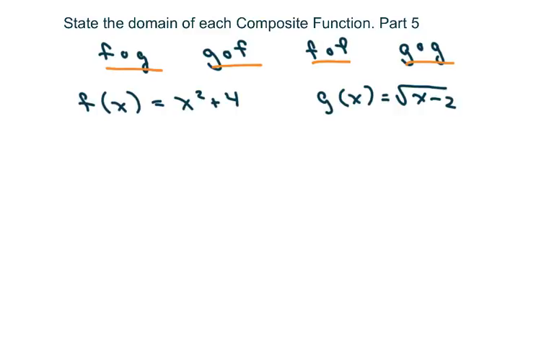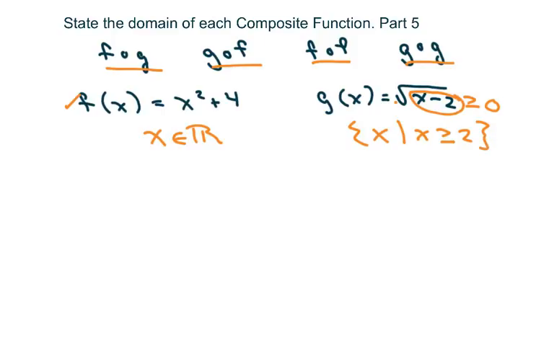Here we have no fractions for f or square roots, so this is just all real numbers. And for g, this quantity in here has to be greater than or equal to 0. So it's all real numbers, but x must be greater than or equal to 2. That's going to be important because you have to look at the inner function when you're composing it for the function. So the first thing we're going to do, and we'll see it in number 1,